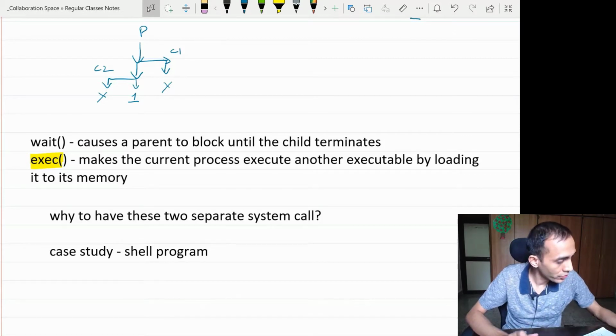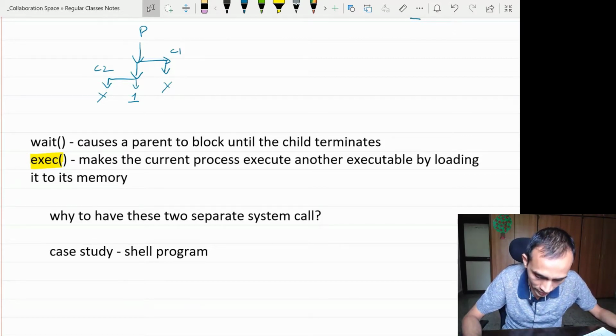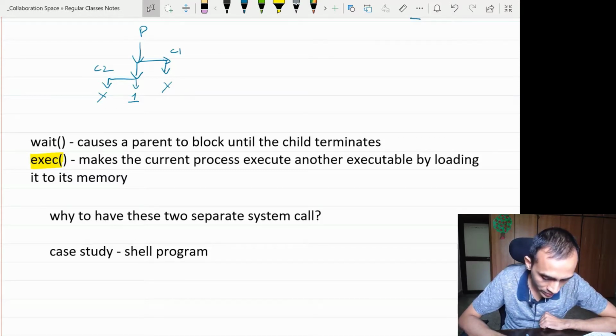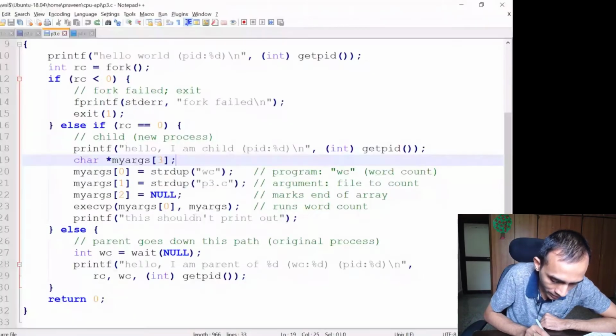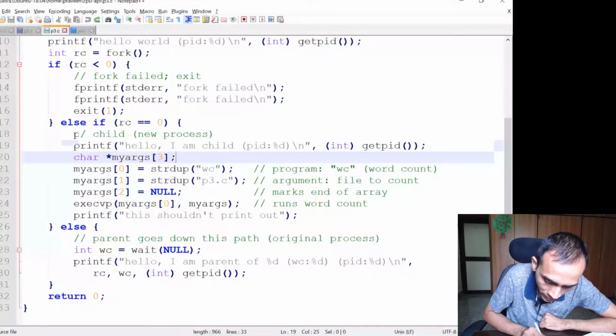I showed you the demo of one of the programs for this, where after forking, in the child process, we were trying to run a simple command like word count.